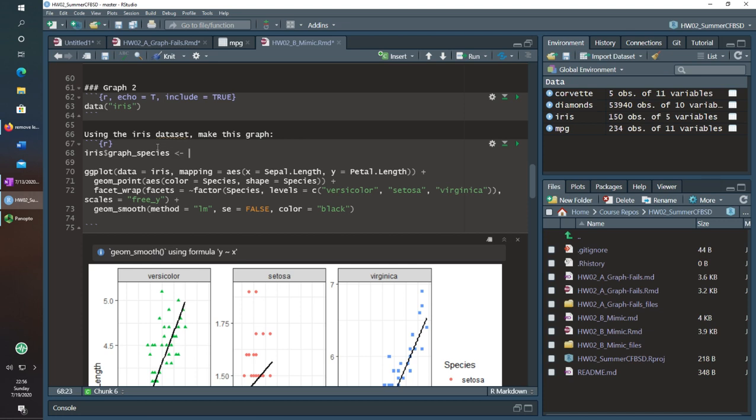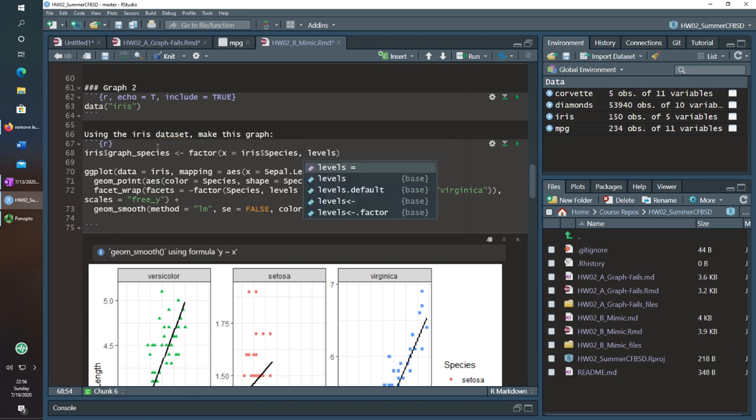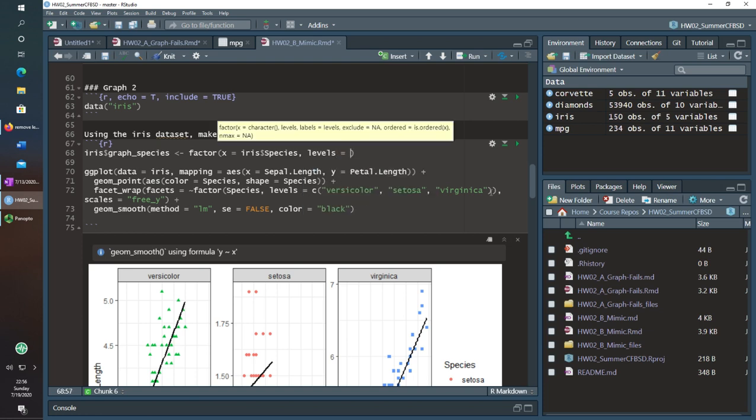And I'm assigning it to be a factor, and then x is a vector that you're assigning to be a factor, which is going to be iris species, the vector that I want to reassign, and the levels are equal to these values.